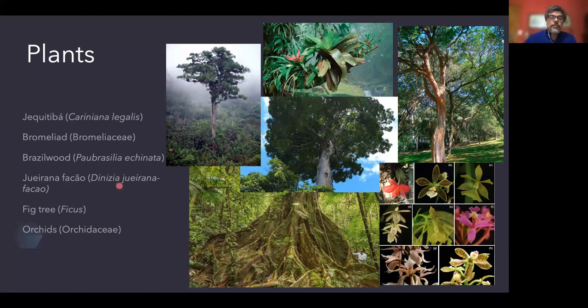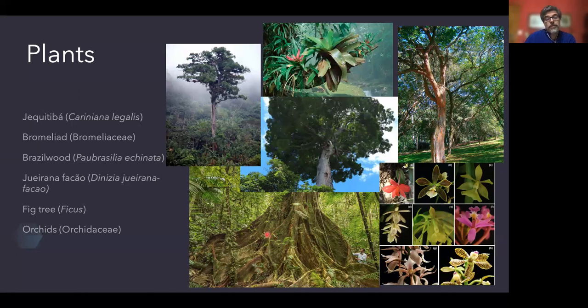The Joerana from the Amazon is a well-known plant, and this one was recently described as a new species, the Joerana facão, from Espírito Santo. And it's probably an endangered species because there are very few individuals left. Again, like the Jequitibá, it's an emergent tree, almost 90 meters high, beautiful, with a large trunk. Another one that stands out, and there's a person here so you can see the size of the tree,